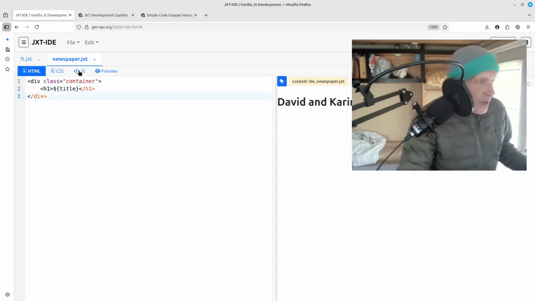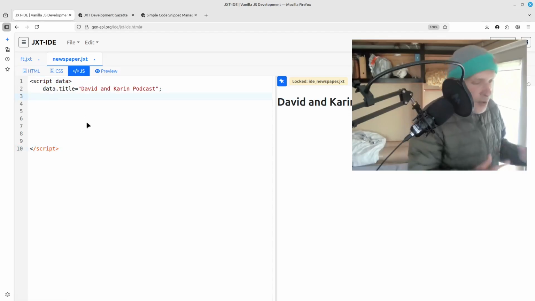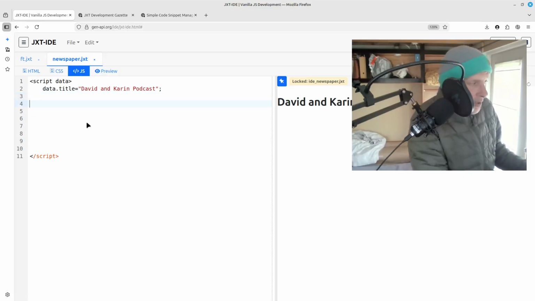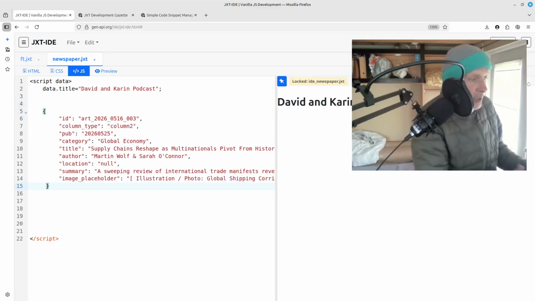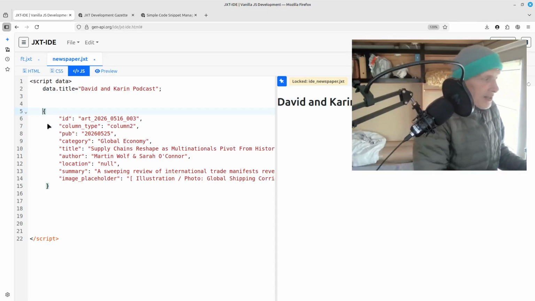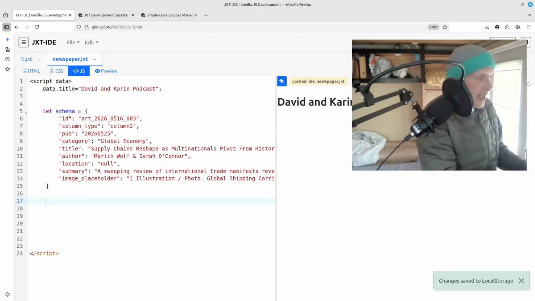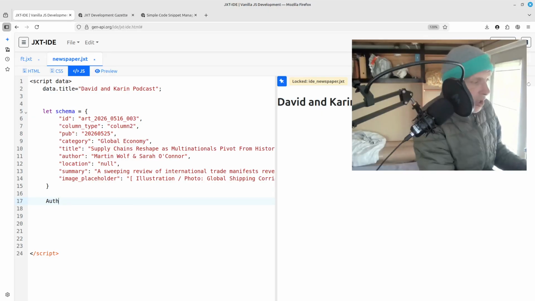So to get the server-side enterprise-grade Java Oracle backend database, what we need to use is something called the auth manager. So we're going to define some JSON. So this is going to be JSON syntax. So let's call this our schema, for example, will equal this. And then if we want to create a database with this schema, all we have to do is call authmanager.post MySQL, the name of our database table that we want to create. So in this example, it's the Financial Times, because this is the newspaper we're trying to create. And then I just pass it the schema object,